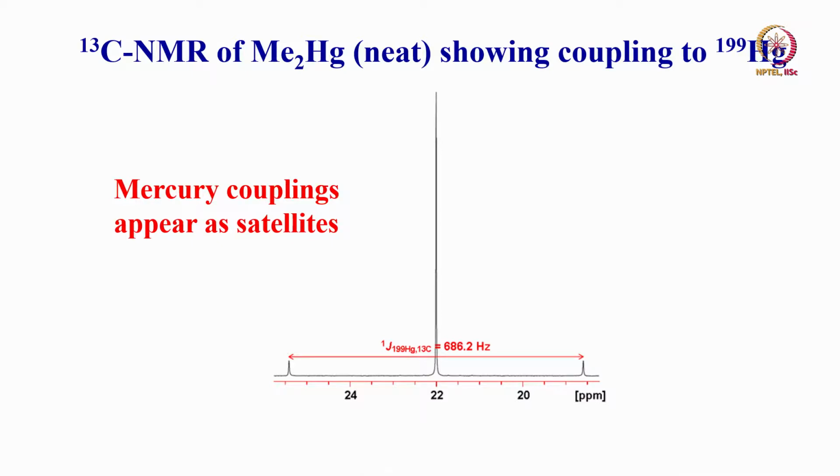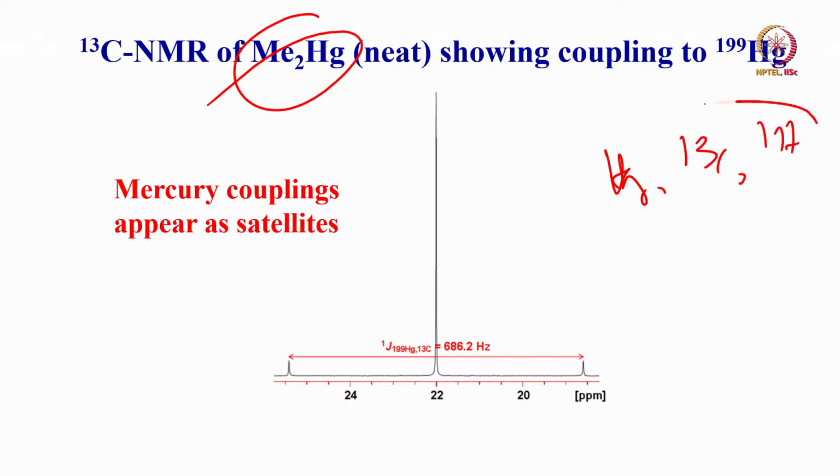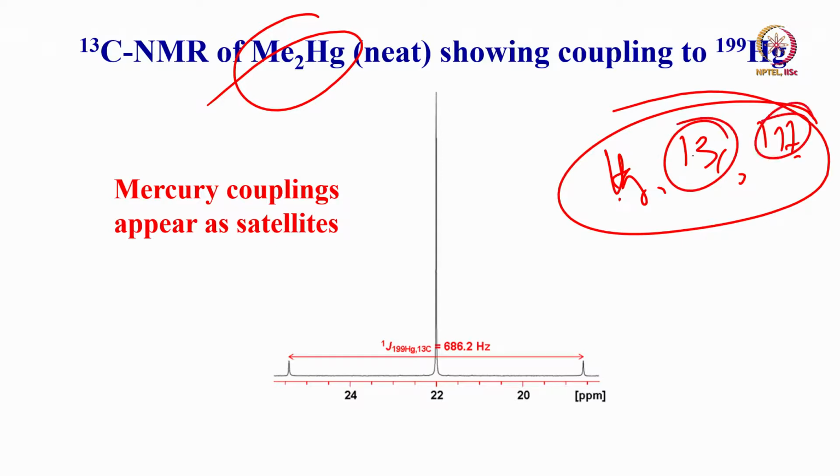But you can ask me, why not we see carbon 13 NMR? Because in this methyl mercury, we have mercury, we have carbon, we also have proton. These are different nuclei. You can study the proton nuclei with carbon coupling, and you can see the mercury satellites. You can see carbon by coupling with proton or decoupling with proton. You can see mercury resonance and then decouple with proton. A variety of possible experiments you can do.